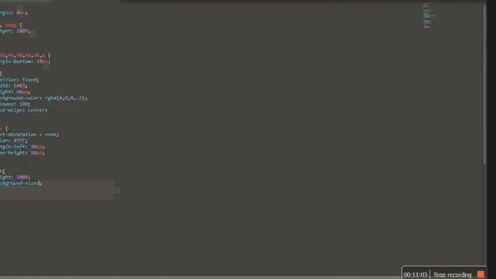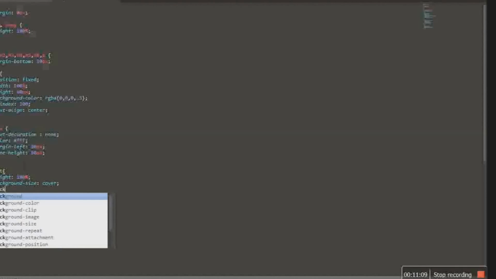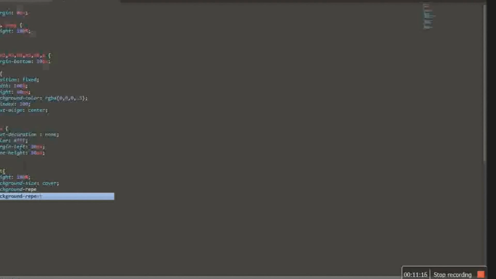Let's use cover. Then background repeat: no repeat. Don't forget that.